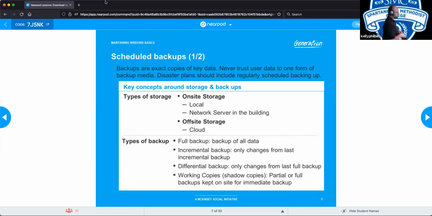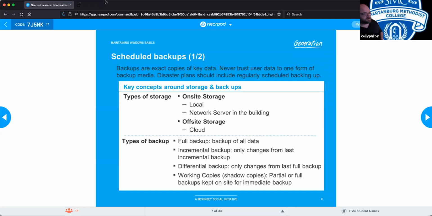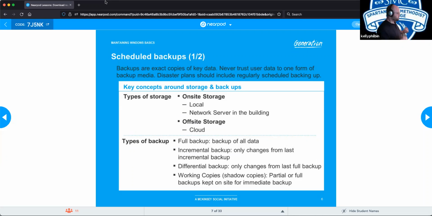So incremental only backs up data that has changed since your last full or incremental backup. Yes, Evan. So this is kind of on but off topic. When you're backing up your phone, would that be considered incremental? Like for Apple, how we back it up to iTunes, is that considered incremental? Well, typically they will do a single full backup,